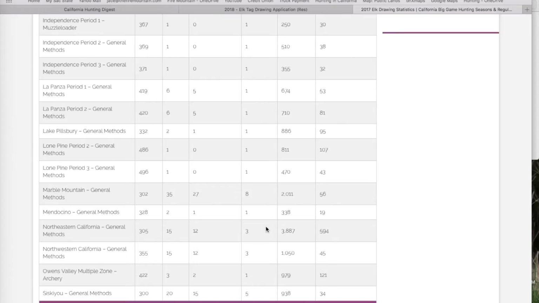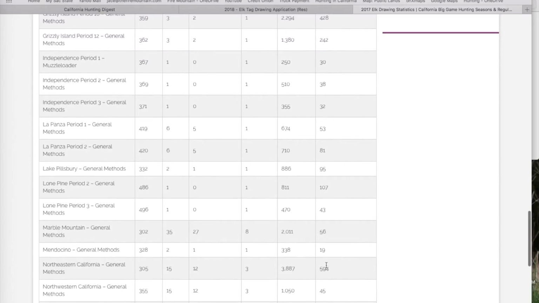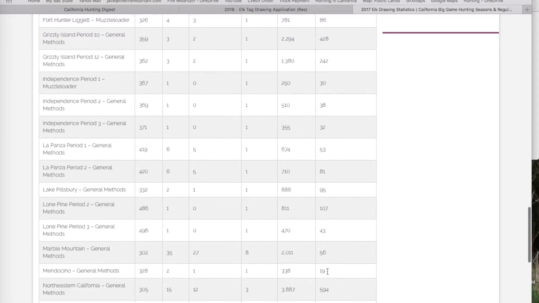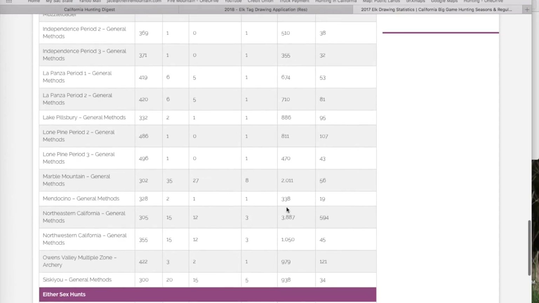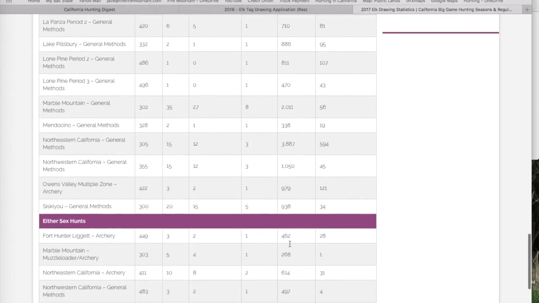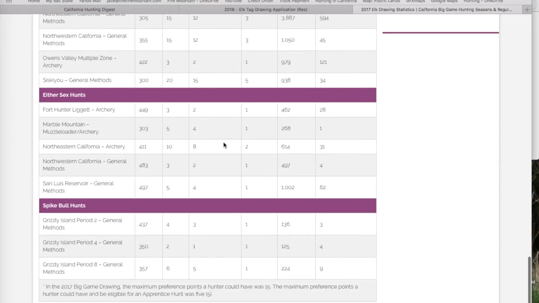So I didn't even consider doing a bull hunt because, for one, my chances are so slim because there's so many people putting in with maximum preference points, and I have 0 preference points. This is my first year putting in for any drawings, so I don't have any preference points, so my chances are super slim, and then on top of how many people are applying for these hunts is a lot. So I ended up deciding on doing an either sex hunt,